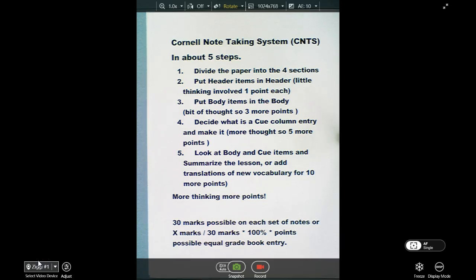3, put the body items in the body, a bit more thought, so there's 3 points for that. Decide what a Q column is, and you'll see that in a minute. So there's a little bit more thought, so there's 5 more points. Look at the body and Q items and summarize the lesson or add translation, and that gets you 10